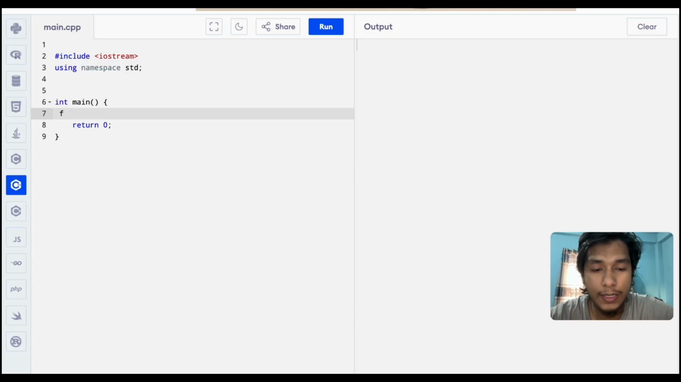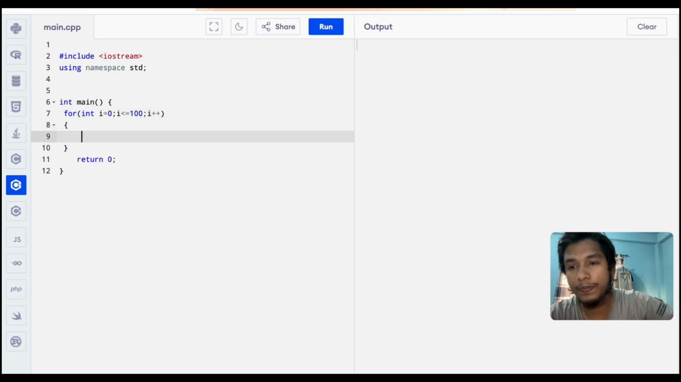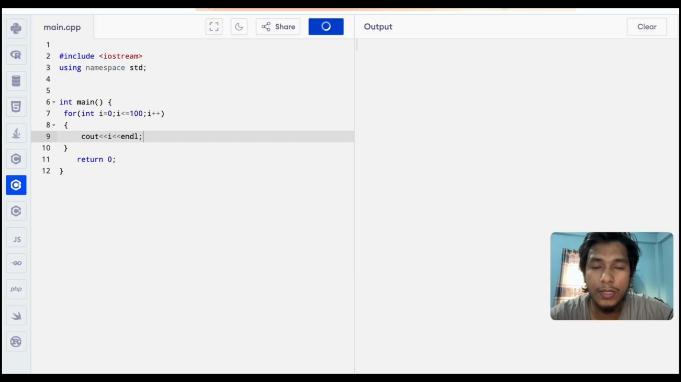Let's see the basic syntax. for (int i = 0; i <= 100; i++). And this is the condition part. Here is the body. Print cout i and endl. If we run the code, you will see the result